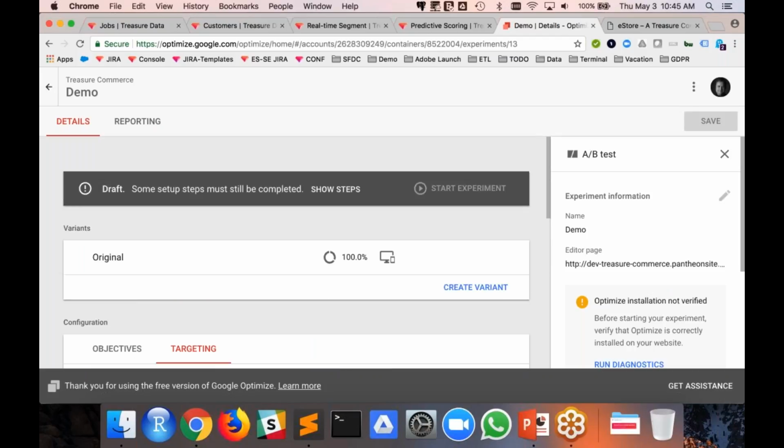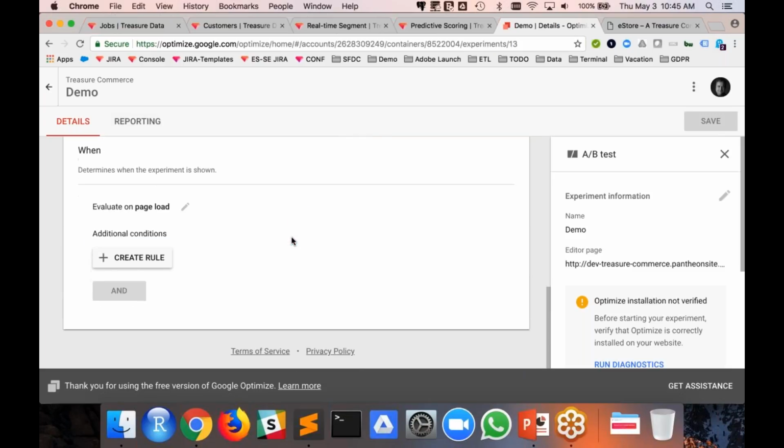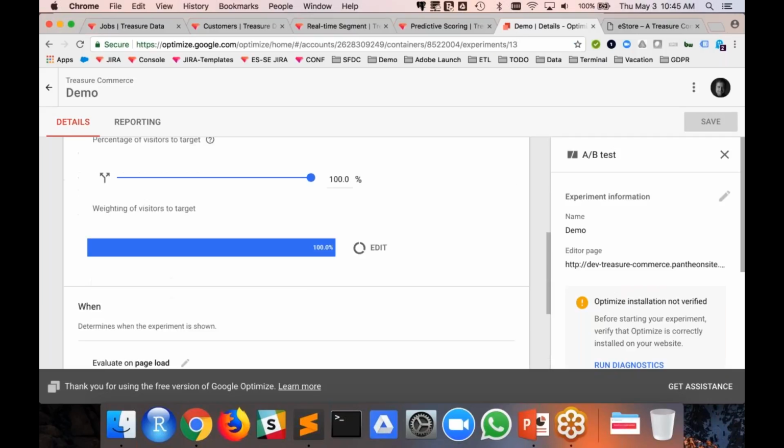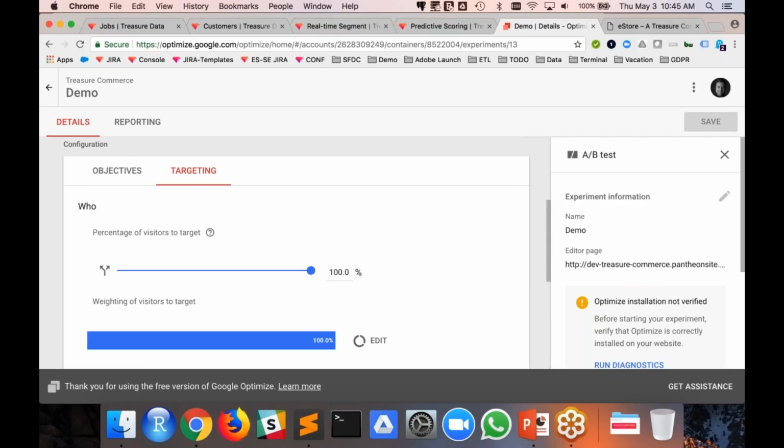You just have to wrap your mind around, if you've ever used Adobe Target, or you're a long-time Adobe Target user, you know that it used to be called Test and Target. But now it's just called Target because it covers testing as well as personalization. So Google Optimize is still called a testing tool, but really you can use it as a customer personalization tool. So to answer your question, this specific splash is just JavaScript. I would encourage you, it's probably a little bit easier to think about it in terms of either Adobe Target or Google Optimize as a delivery tool, because then you're not asking people to write stuff.